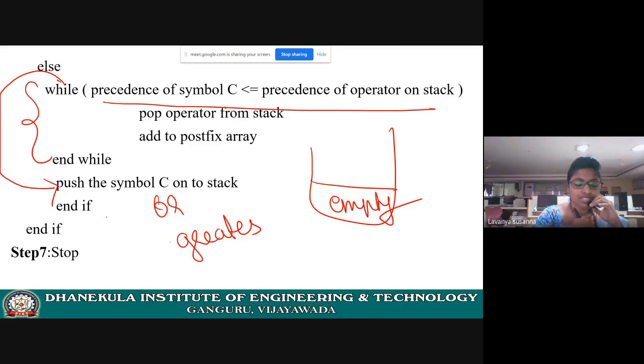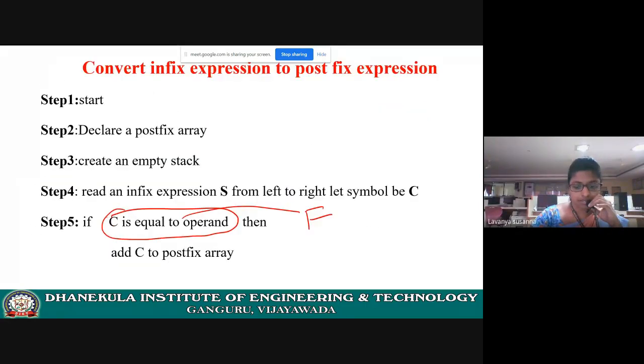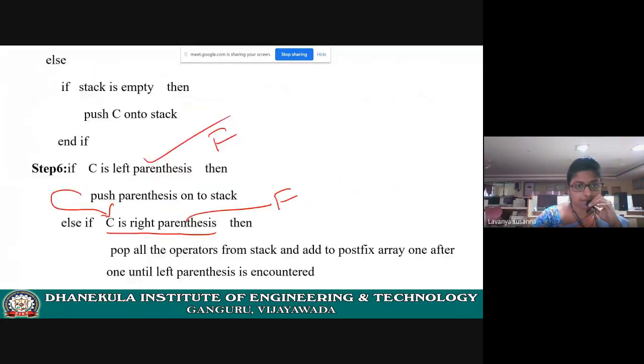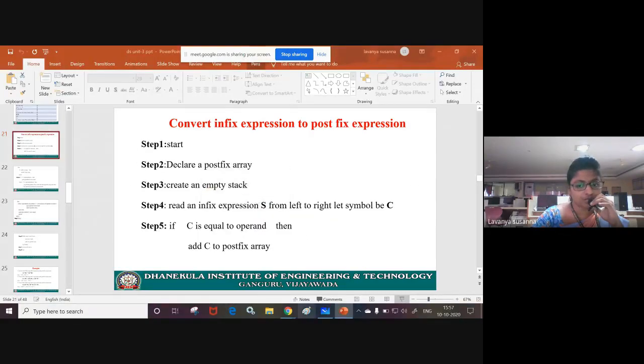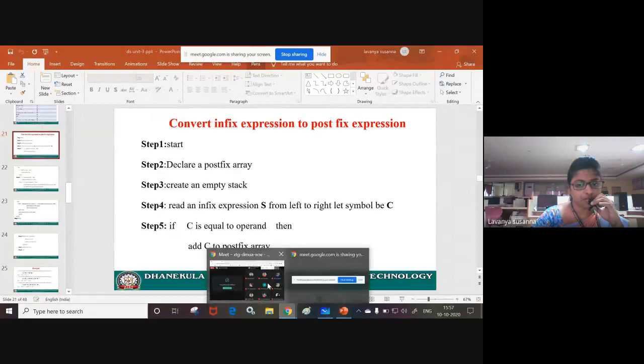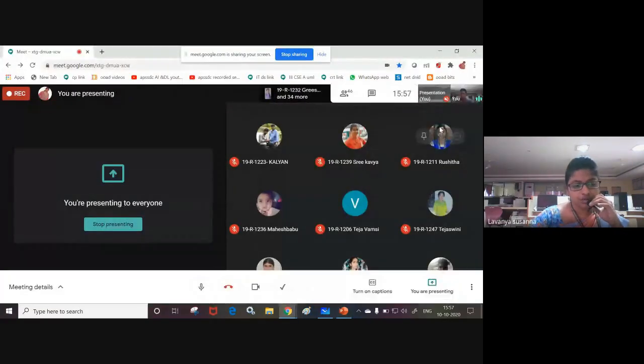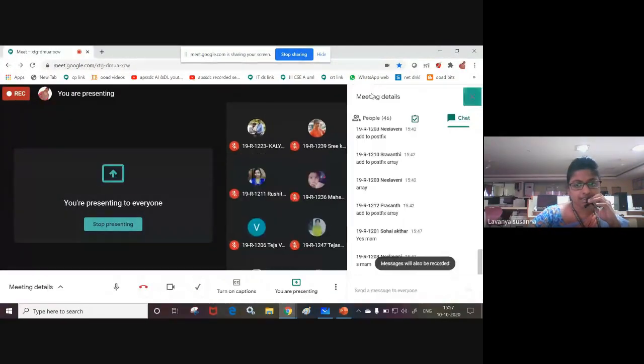It's very easy, students. There are 7 steps, and you will feel that it is very lengthy. Don't feel that way, it is very, very easy if you understand. I hope, students, you got it. Is it clear, students? The algorithm is very easy, but you need to practice it, otherwise you won't get it. You will feel that it is very lengthy, but it is very easy if you understand. Is it clear, students?